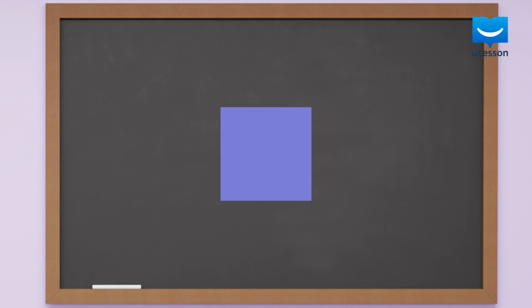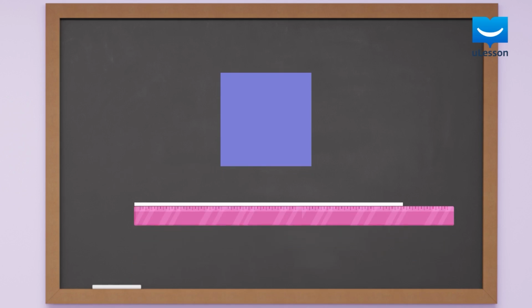We measure perimeter in unit lengths. It is also the length of thread that can go around the shape once. So if you have a plane shape like this square, the length of thread that goes around the square is